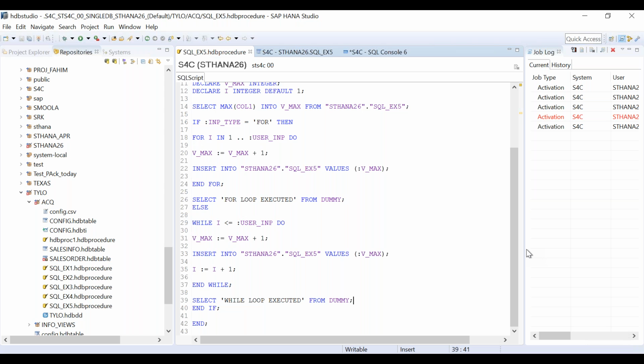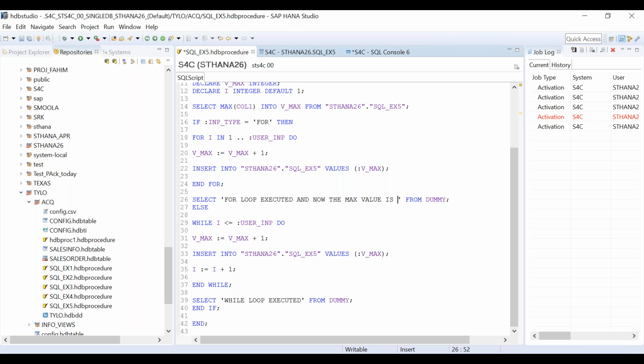So let's do one more thing. Let's add one more complexity. Once this insert has been done, let's also give the message that for loop executed, and now the max value is... I also want to give the user the current maximum value after this insertion.